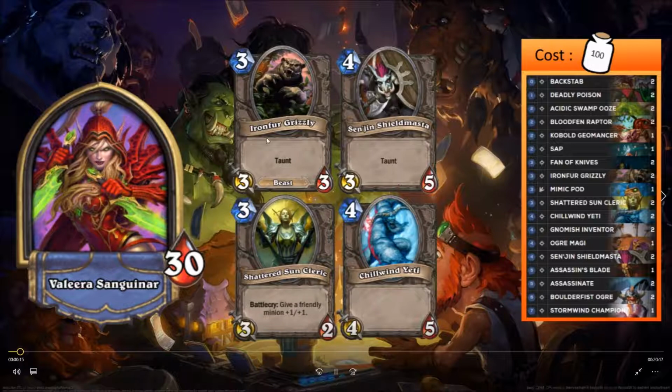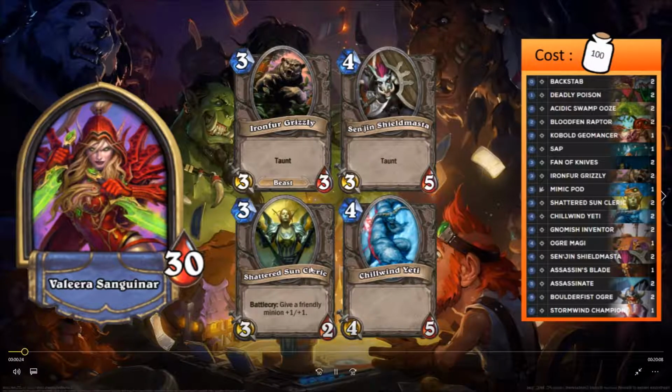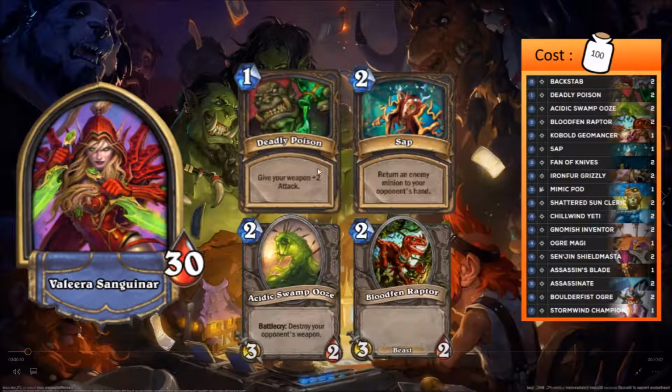So here are some of the basic minions. 3 mana 3/3 taunt, decent. 4 mana 3/5 taunt, decent. Shattered Sun Cleric, decent. Chillwind Yeti, decent. Like, these are all free cards. You can't expect them to be amazing, let's be honest. I recorded this video without audio and had to create all these slides by myself, so that's why I'm commentating